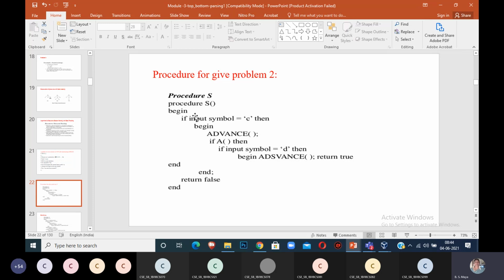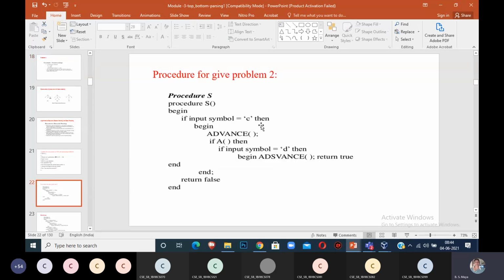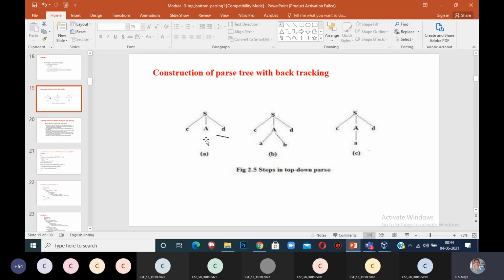You start with begin. If the input symbol is equal to C, as per my given input, and it matches, then begin: advance my input pointer. When C is matched, you advance your input pointer, and where does it reach?